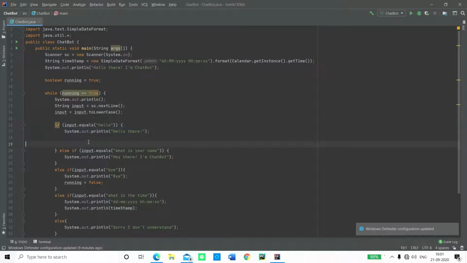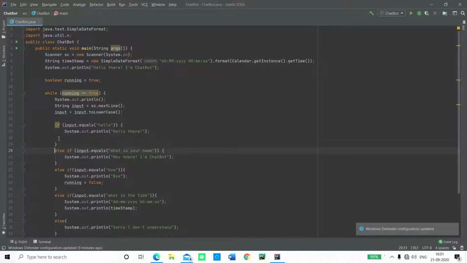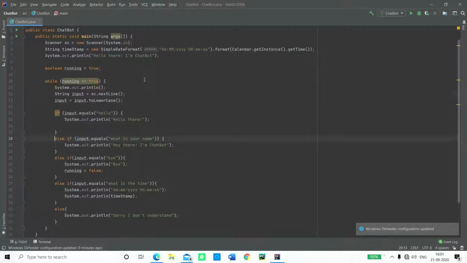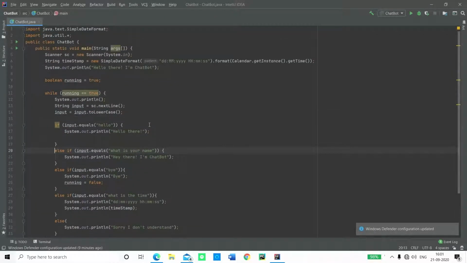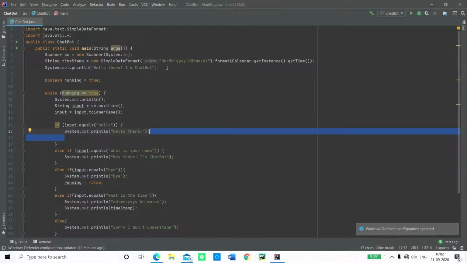Now of course there were many more code blocks that we had back in the original project, but I've been changing my systems for quite a few days, and I've actually lost the original code. But I've managed to find it, and I've also removed a lot of parts from it so it's easier for you to understand in small size code. I will also be putting the source code in the description below so you can check it out from there. Over here, you're running the whole thing inside a while loop, and there's nothing else outside the while loop, like no output or something. And over here it just says hello, so that's just a greeting message.